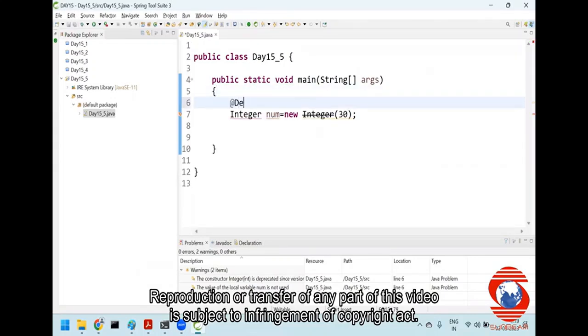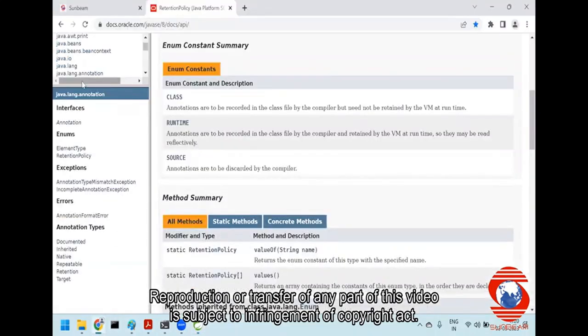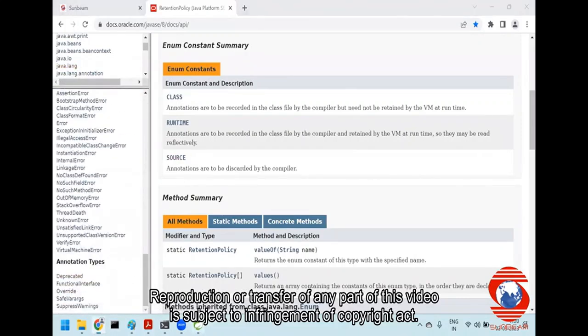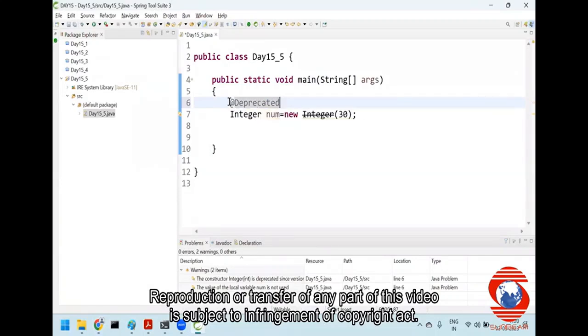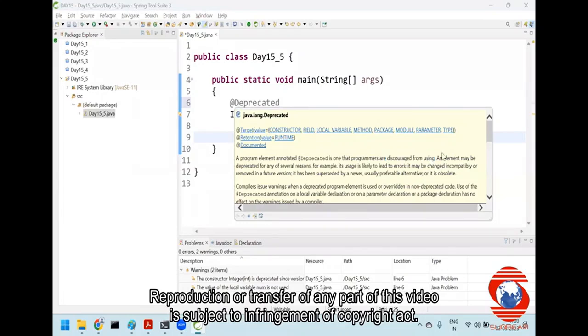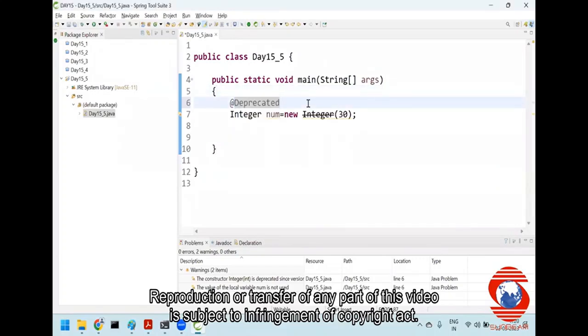Or you can also write @Deprecated. Let me just check. Is the D small or capital? Give me a second. Java.lang. It is capital. So you can also mention this feature to the person who is using this integer class. So even though you are using it, but this feature has been deprecated. Programmers are discouraged from using it. Element may be deprecated for several reasons. Maybe it may lead to some error. It may not be used in the future versions. That's why we can also write @Deprecated in front of any specific variable or a specific class